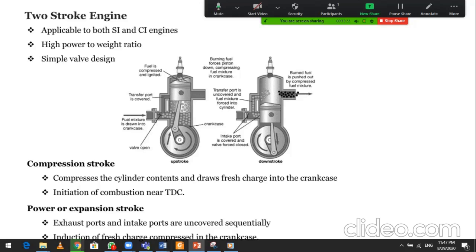Compression stroke and power stroke as we know from two-stroke. Compression stroke means compresses the cylinder contents and draws fresh charge into the crankcase. अब कैसे इसका मैकेनिज्म, हम उसमें वीडियो में देखेंगे। ज्यादा एनिमेशंस में यू विल गेट मोर नॉलेज कि किस तरीके से एयर फ्यूल मिक्सचर ट्रांसफर पोर्ट से आ रहा है, किस तरीके से हेल्प करता है ट्रांसफर पोर्ट टू स्ट्रोक इंजन में।